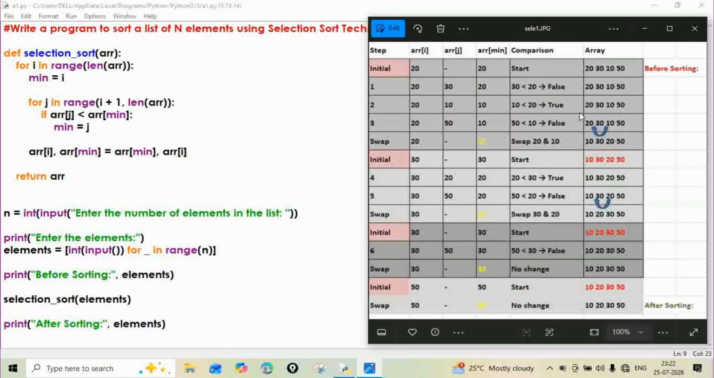Our input values are 20, 30, 10, 50. Initially i is equal to the first value, 20. j is equal to i plus 1, that is 30. We have to search for the min value to do the sort. First our min value is i, that is 20. Next, checking the min and j, when the condition becomes true, that value we have to swap